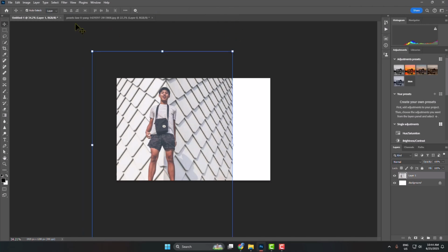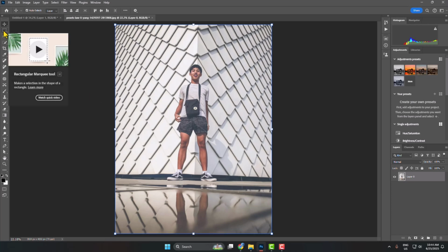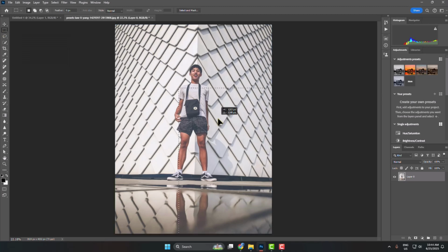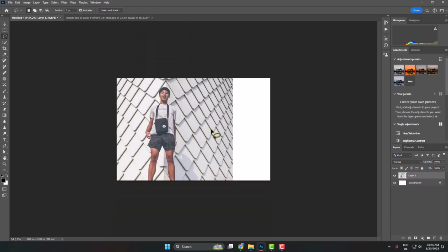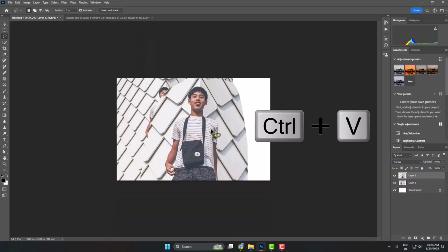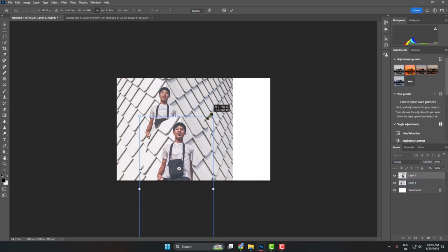And now I will show you another way to copy paste. So if you want to copy a particular area, you can just select the Marquee tool to select your image area, or you can select Lasso or any other selection tool to select the exact location you want to copy paste, and then just press Ctrl C, go back to your project where you want to paste and just press Ctrl V, and then only your selected part will be copied and pasted in your project